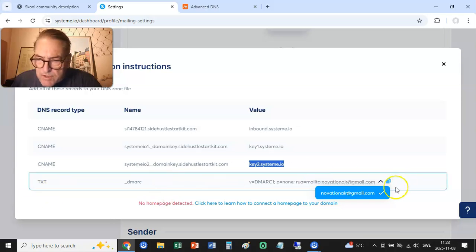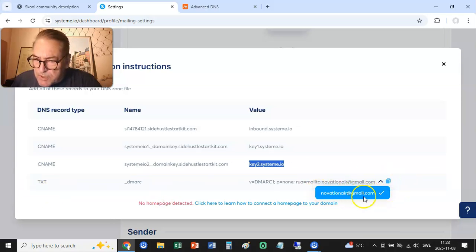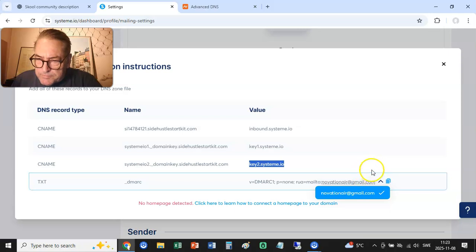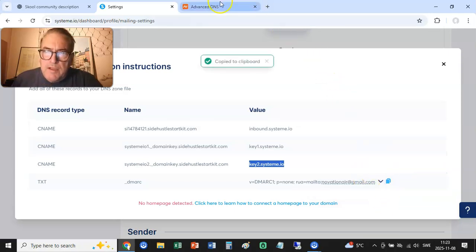So this text record needs to be changed later on, because it has to have a Gmail account or an email that is verified. But anyway, so you copy this, you go back to